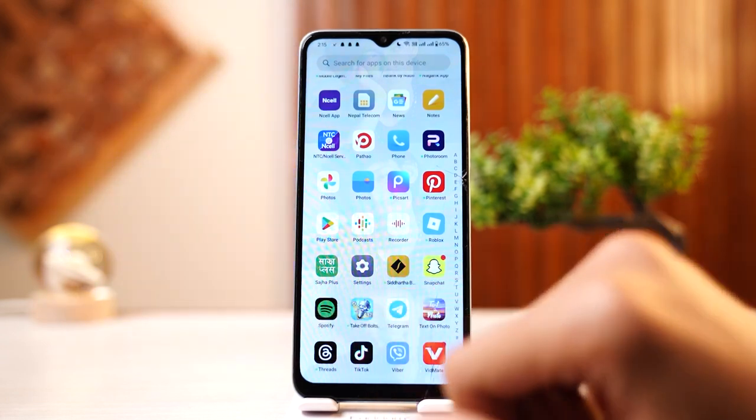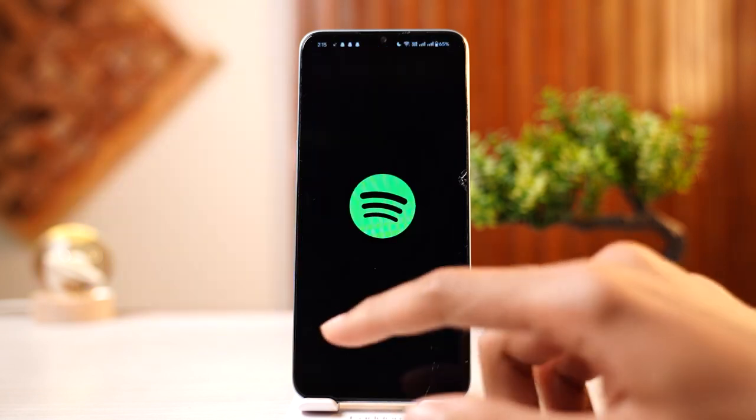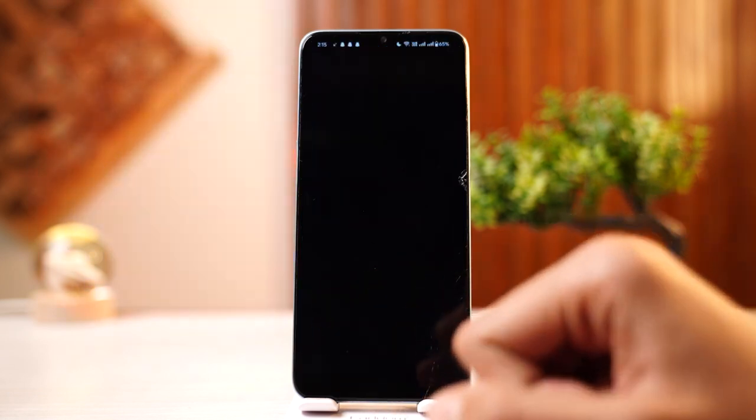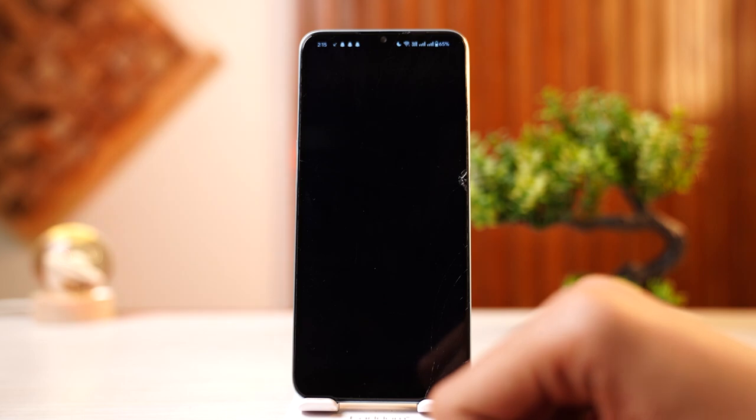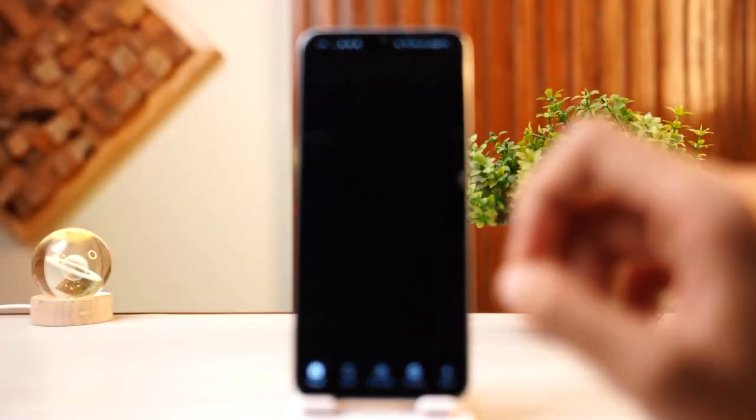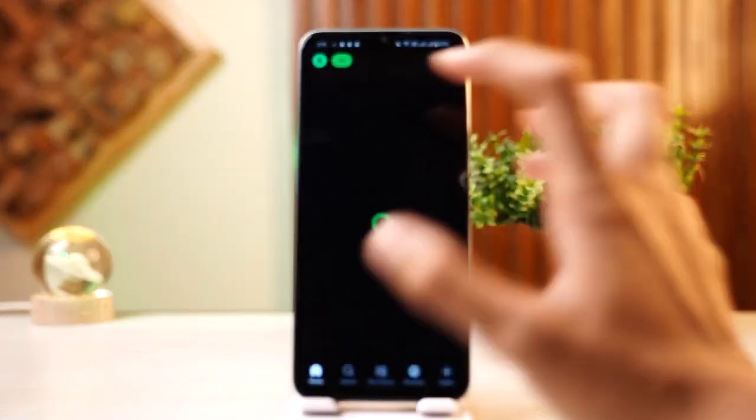In this video I'll show you how to check Spotify hours listened. For that, go and open your Spotify app. Then wait for a few seconds, and after opening your Spotify, go